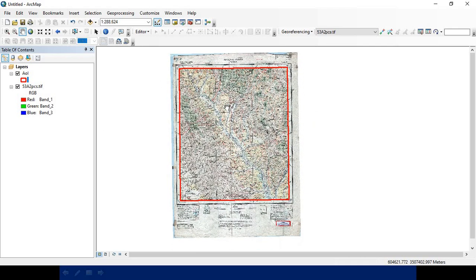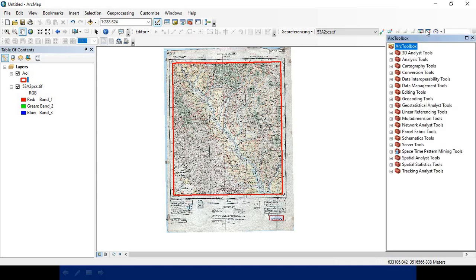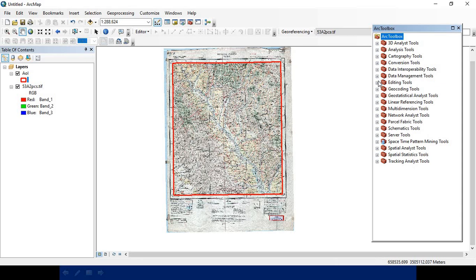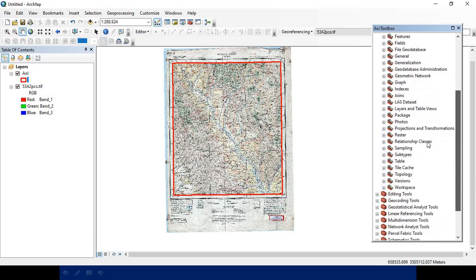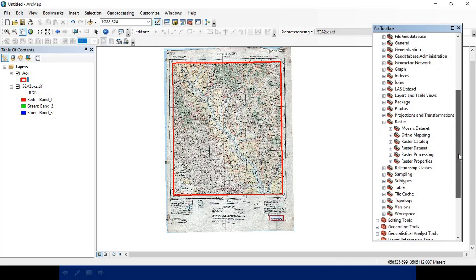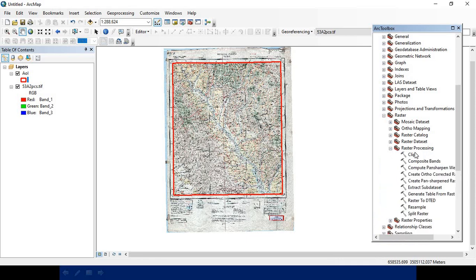After drawing this area of interest, go to the ArcToolbox, then Data Management Tools, then Raster, then Raster Processing, and here you have the Clip tool. Double click on Clip.